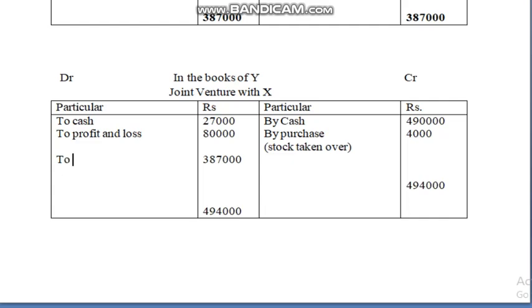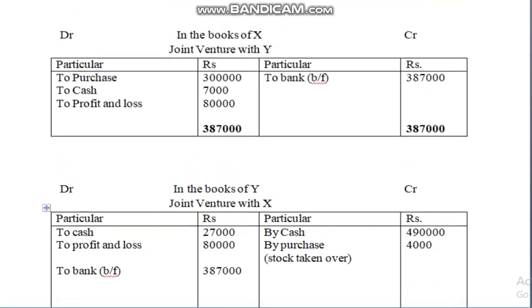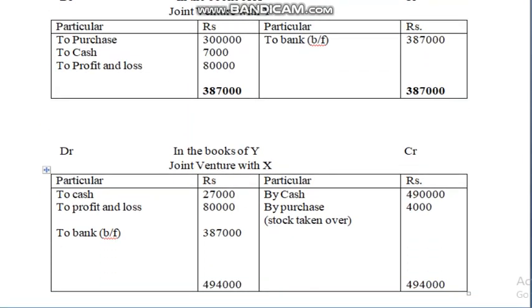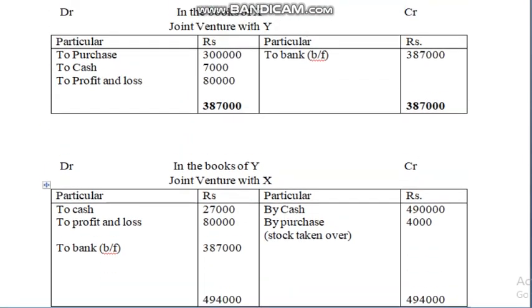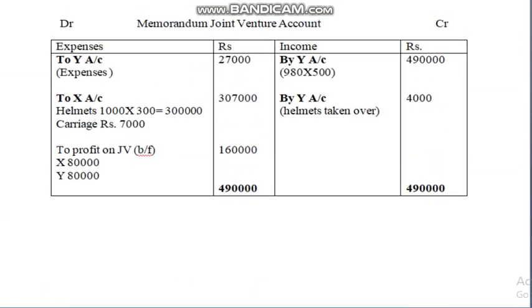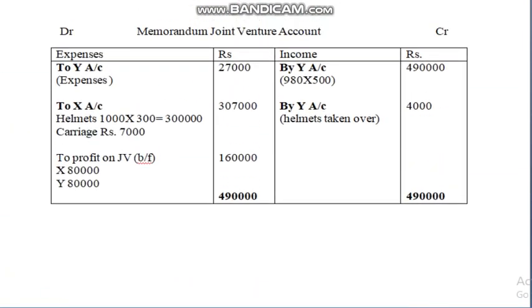So to bank account, the balancing figure. This is the final settlement made to Mr. Y. So here the personal account of Mr. X and also the personal account of Mr. Y, both are over under memorandum joint venture account. So here the solution of problem number 3 is